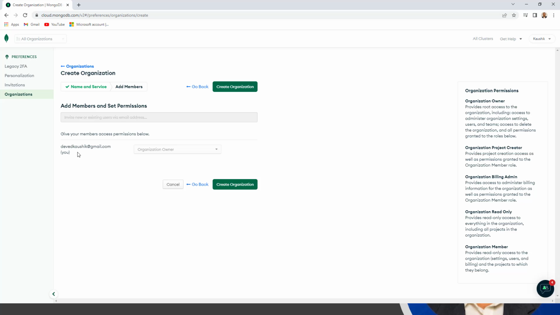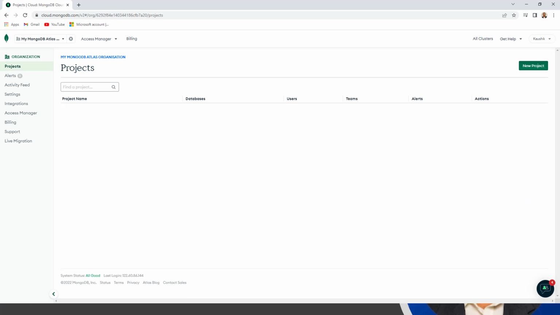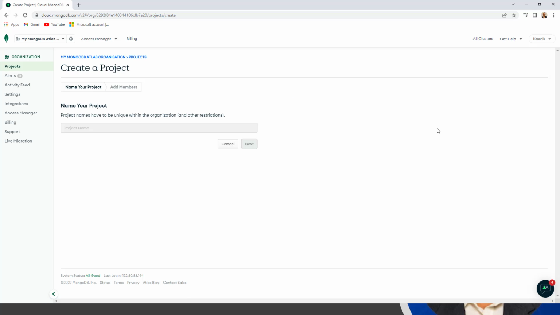So this is my Gmail address. I am the organization owner and I will click on create organization to create the organization. Okay, so this is my MongoDB Atlas organization. The first thing to start with creating the MongoDB Atlas cluster is to create a new project. Again, the first step was to create an organization, which we have successfully done, and then we'll create a project